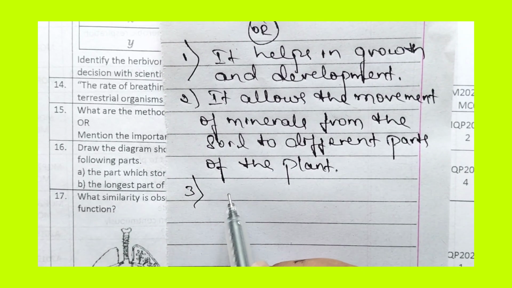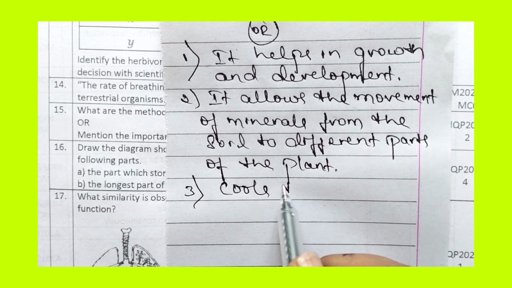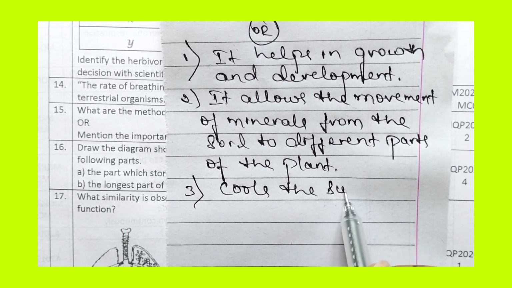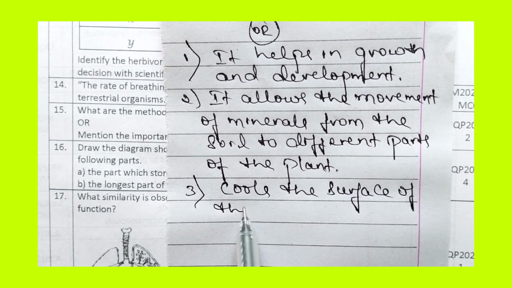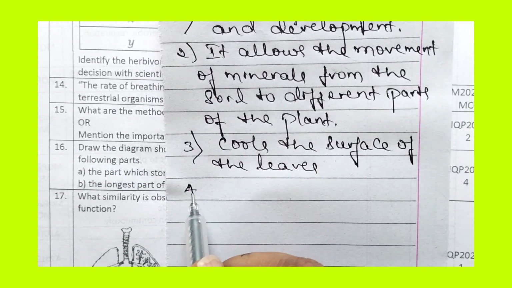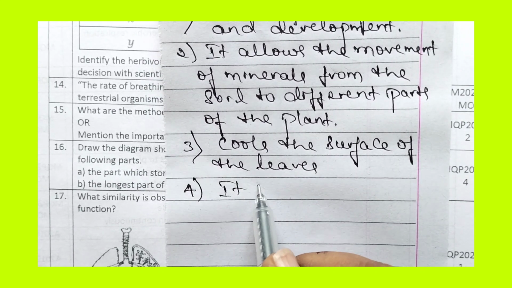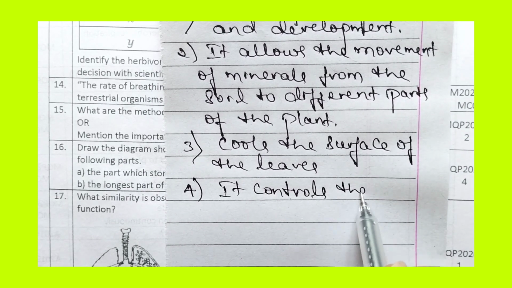Third advantage of transpiration, it cools the surface of the leaves. Then fourth point is, it controls the temperature